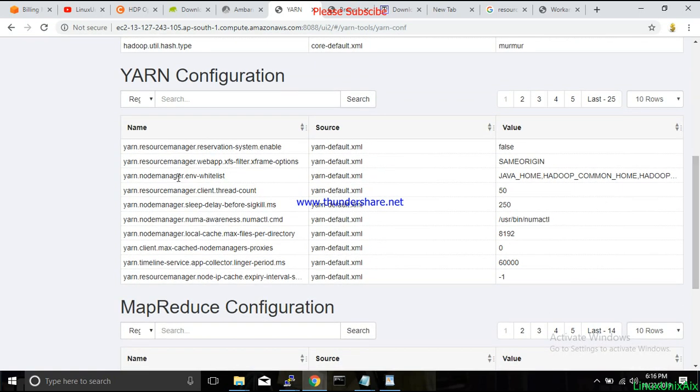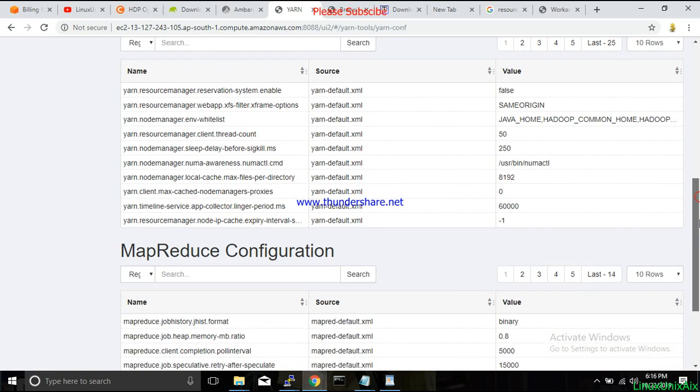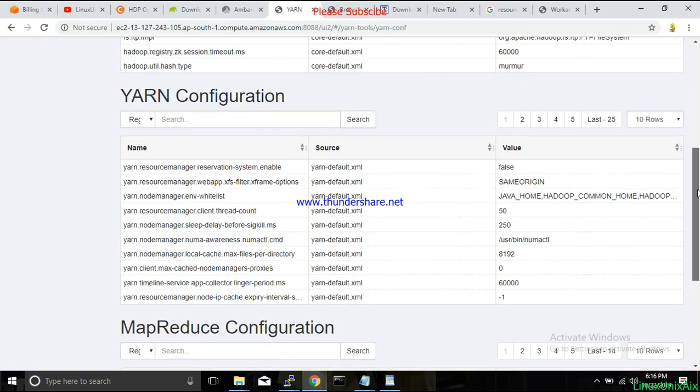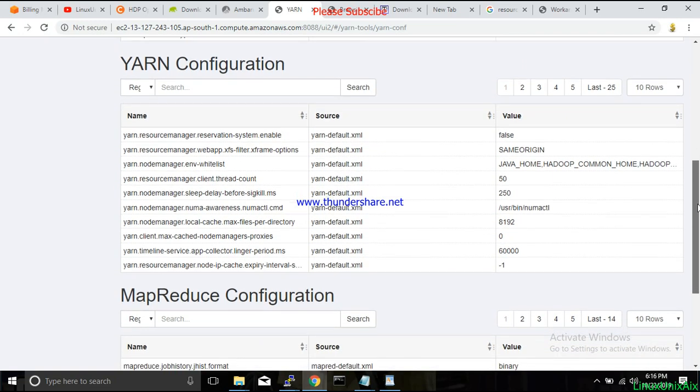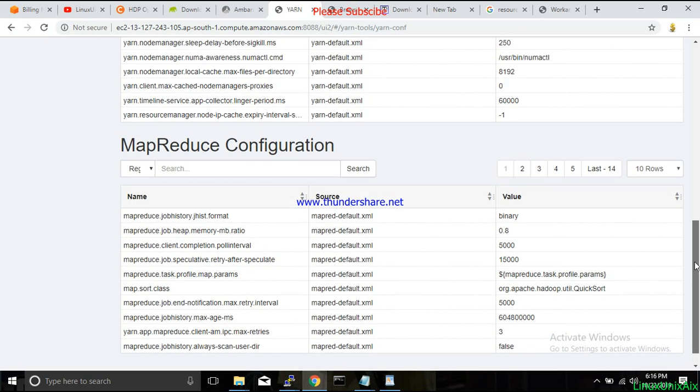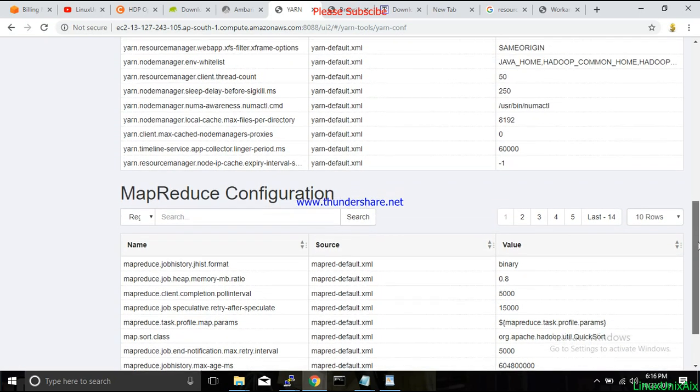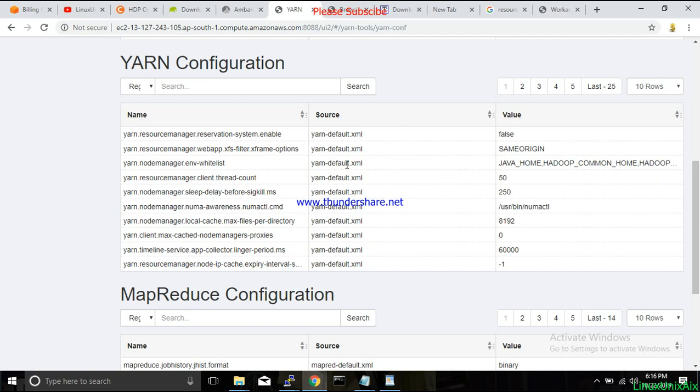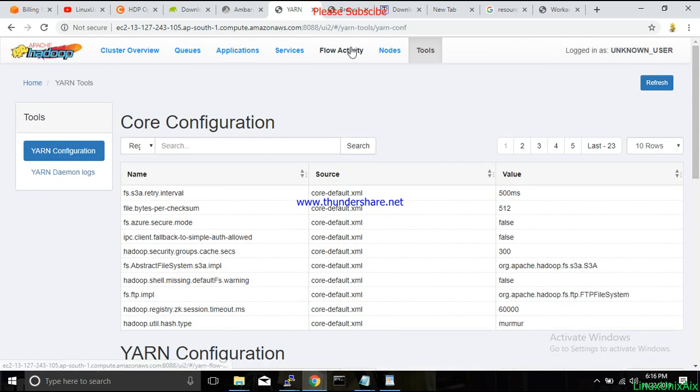So as you can see, these are the properties that we have to define manually when we were creating Apache Hadoop cluster, in a standalone mode. Okay, so, or pseudo mode. Okay, so these are the property files that you can see here. Okay, coming back to our cluster,